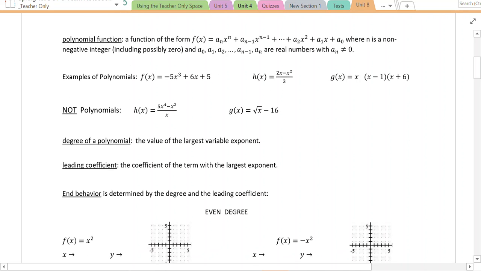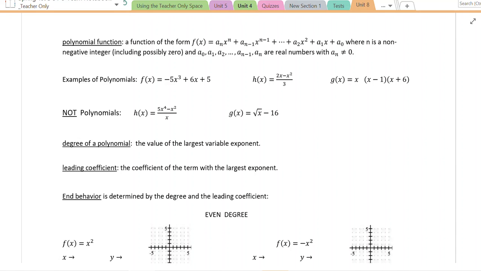So polynomials are the sum of terms where x is raised to a non-negative integer power. You can't have fractional powers. You can't have negative powers. They must be positive. So they're positive, but they can also be zero. Basically they're saying the first term, a sub n, can't be zero, or it's not